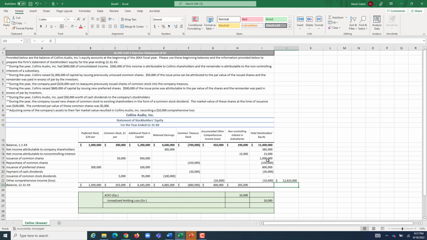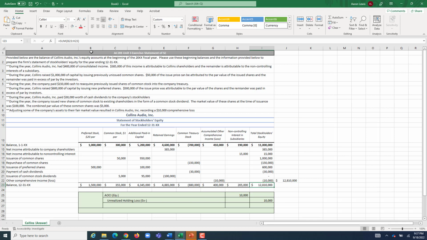We know what we started with. We know what increased our equity during the period. We know what decreased our equity during the period. When we account for all of that, the new end balance of our equity overall would be $12,810,000. Well, what happens when I find the sum of all of our different accounts? So we have this much in preferred stock and this much in common stock and this much APIC, this much retained earnings. We're holding on to these many common treasury shares. We have accumulated other comprehensive income of this, and we have this much equity, which is attributable to the non-controlling interest in our subsidiaries. We add all of that up, all the different components we could possibly have in our equity. It comes up to